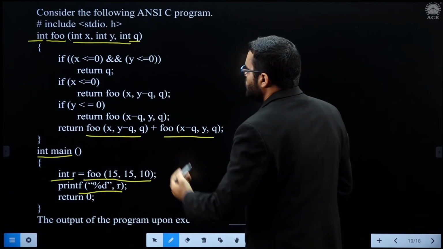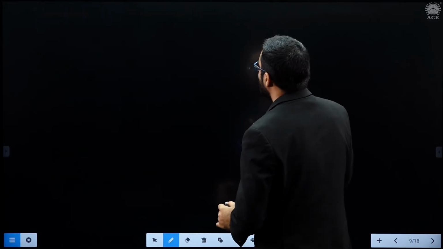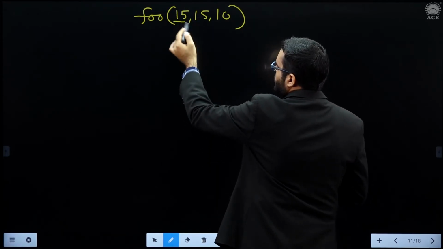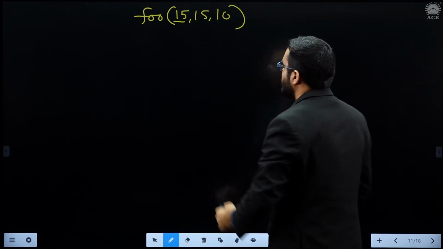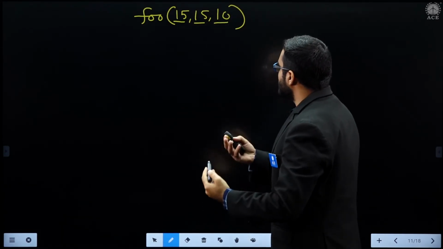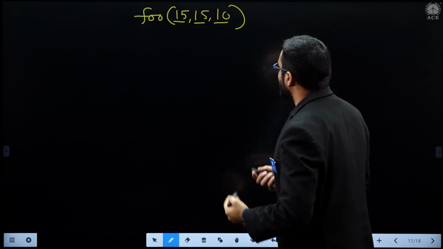This is the value stored in variable x, this is the value stored in variable y, and this is the value stored in the variable q.